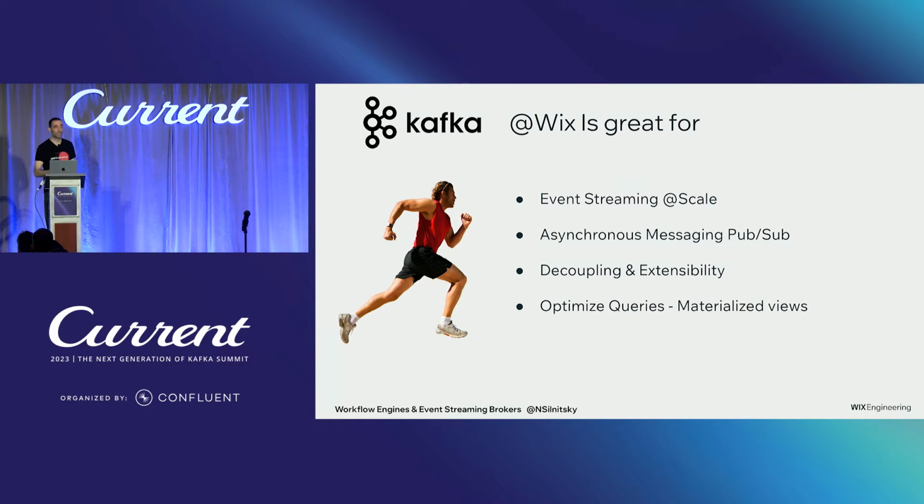So with Kafka and event-driven architecture, it's really working great for us. We have very high-speed event streaming with Kafka. And in terms of messaging pub/sub patterns, we created our infrastructure on top of Kafka that we call Greyhound, which allows us to do all kinds of consumer retry strategies and better performance with parallel processing, batch processing, and stuff like that. We also really like that Kafka gives us, for 3,000 microservices, a great level of decoupling and the ability to have easy extensibility.